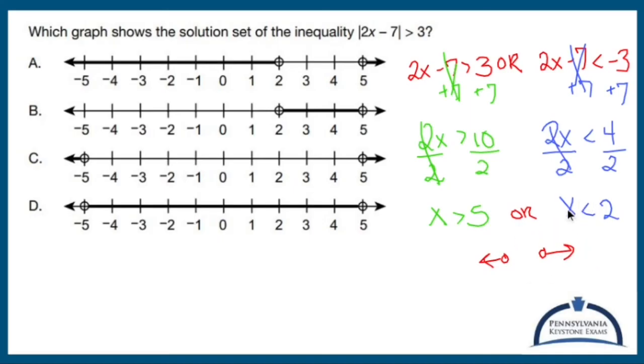One of those inequalities is x is less than 2, which means you put a circle at 2, go to the left. This is x is greater than 5, which means you put a circle at 5, go to the right. Neither of these fill in because you're not including it. So this seems to be the one that I want right here. This is everything in between. A is going to be my guy.